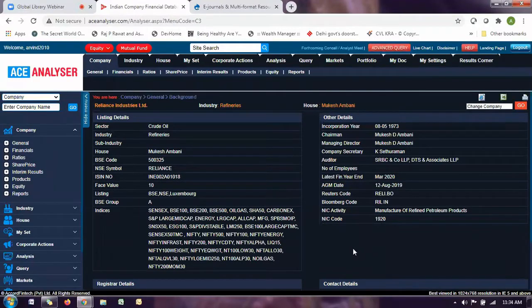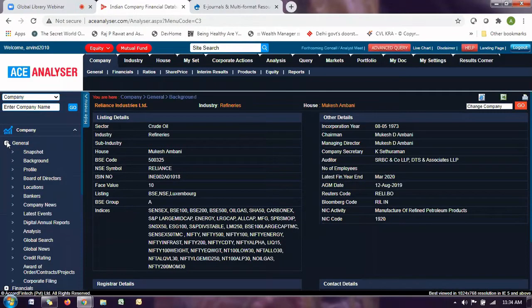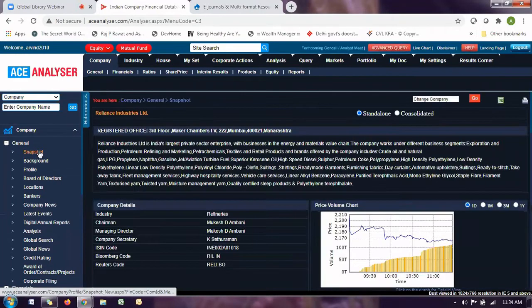Now, further, we come to the left side menu where you click on the plus sign. I can click on the snapshot. Snapshot basically is whenever you want to have an overall view on a particular company, snapshot is the best place to go.